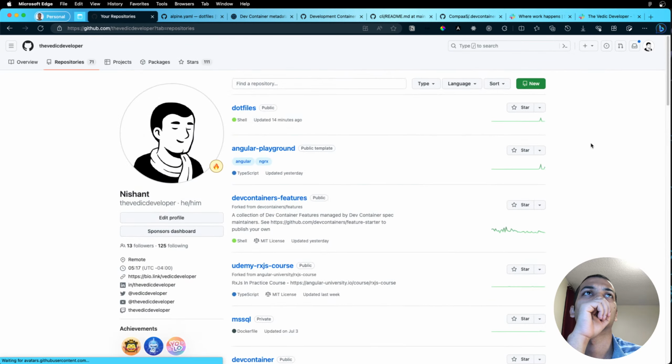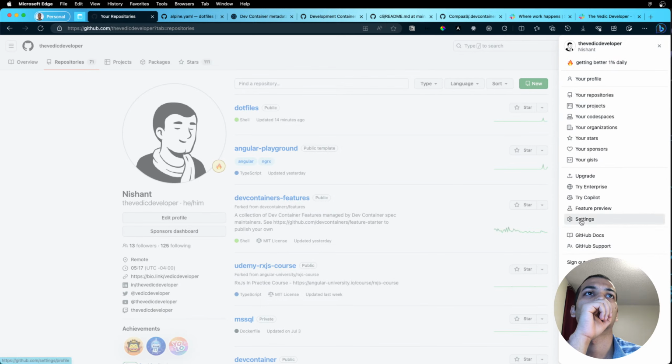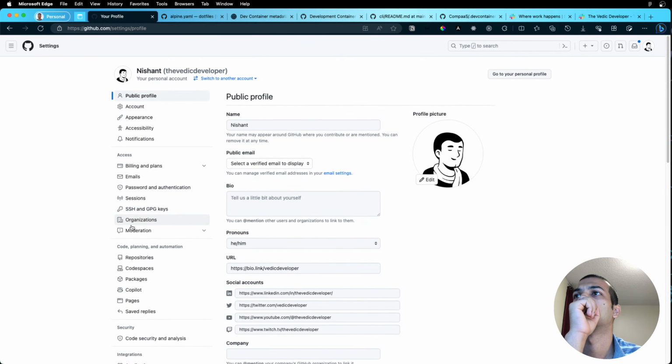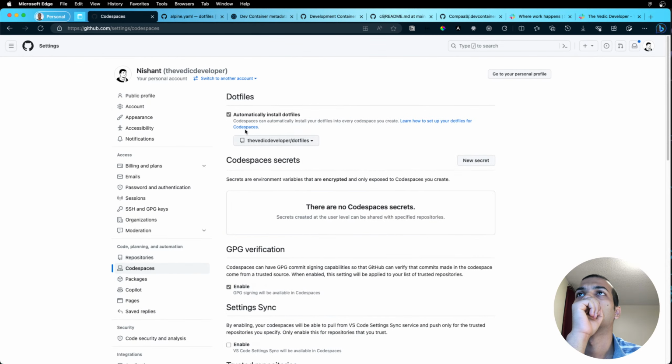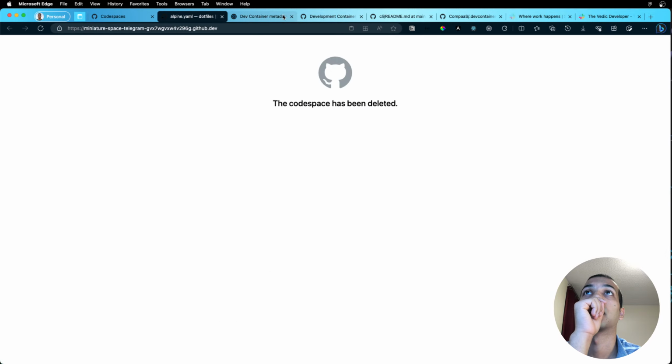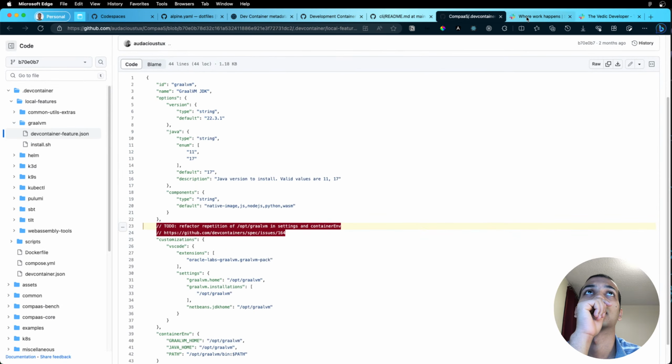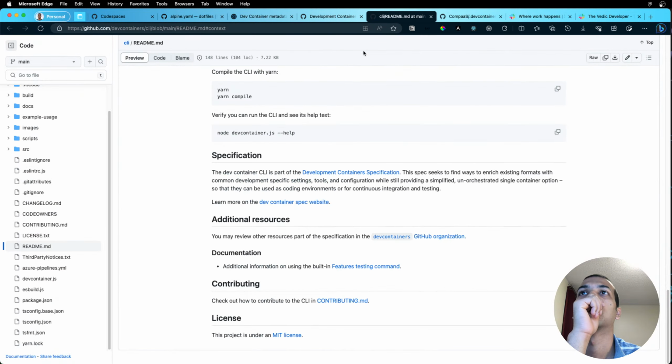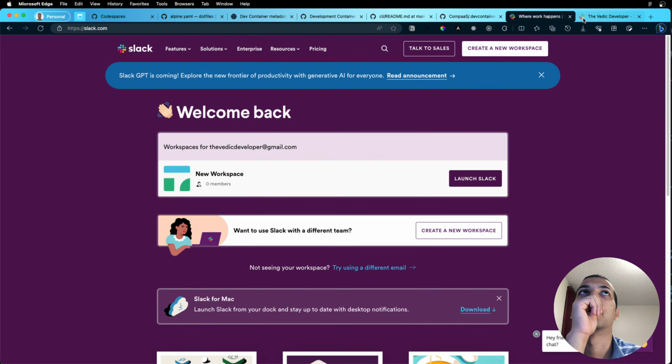Your repository settings, Codespaces. Okay, automatically installs the dev containers, and I know somebody has answered me here,